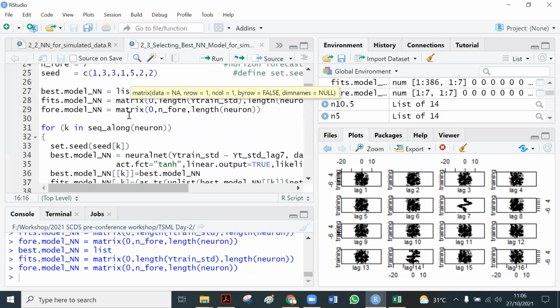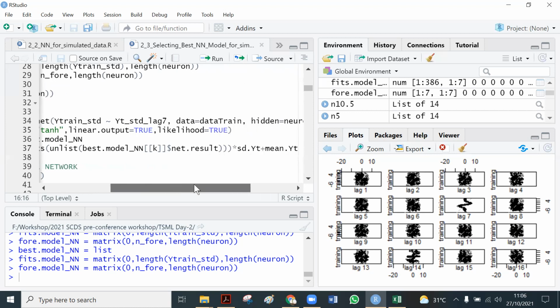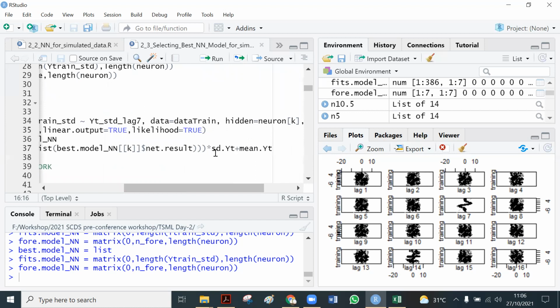Therefore, here, because the data used to build the model is scale value, the scale here is the standardized value. Therefore, we need to turn back to the original value. Therefore, we need to multiply by its standard deviation and plus the mean value.